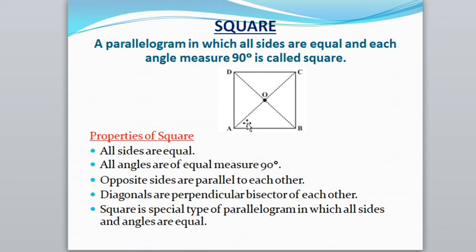a square. So here you notice it is a quadrilateral with four sides and four angles, that is A, B, C, D. In this, all four sides are equal to each other, that is AB is equal to BC, BC is equal to CD, and CD is equal to DA. So here all four sides are equal, and the total number of angles here is 4, that is angle A, angle B, angle C, and angle D. And all four angles are of equal measure, that is 90-degree, then we can say it is a square.